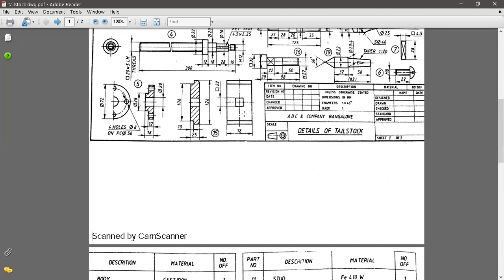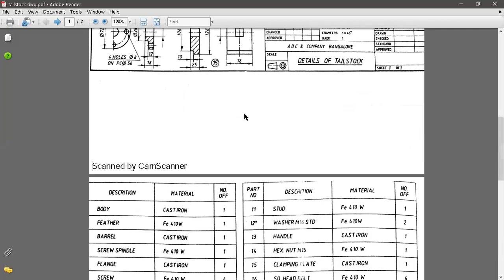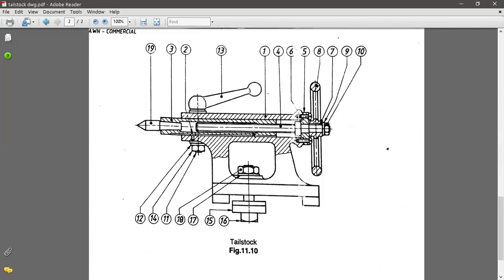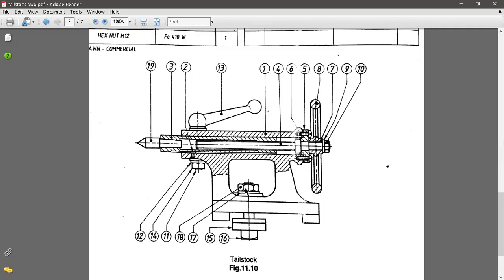But how they are oriented and positioned can only be understood through the assembly drawing. So you should have an idea of how the assembly looks, whether on paper or in real life. You should have experience of the tailstock assembly.